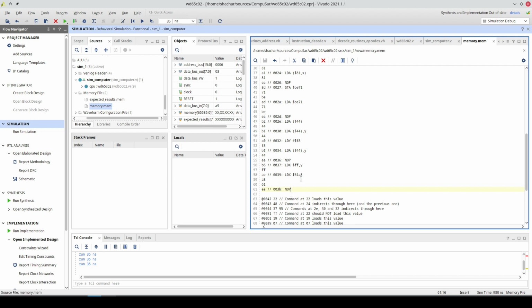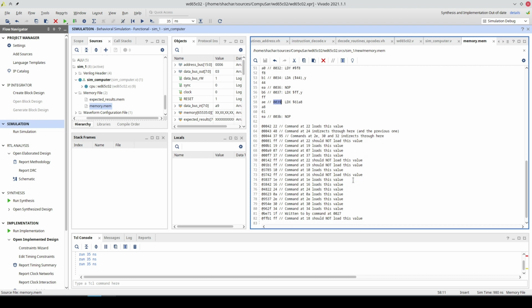Next, we need to place at address 61A8 the value we want to be read. Now, throughout this file, what I did is that the value being read is the address from which the command ran. So we need to go to 61A8 and place there the value 39.